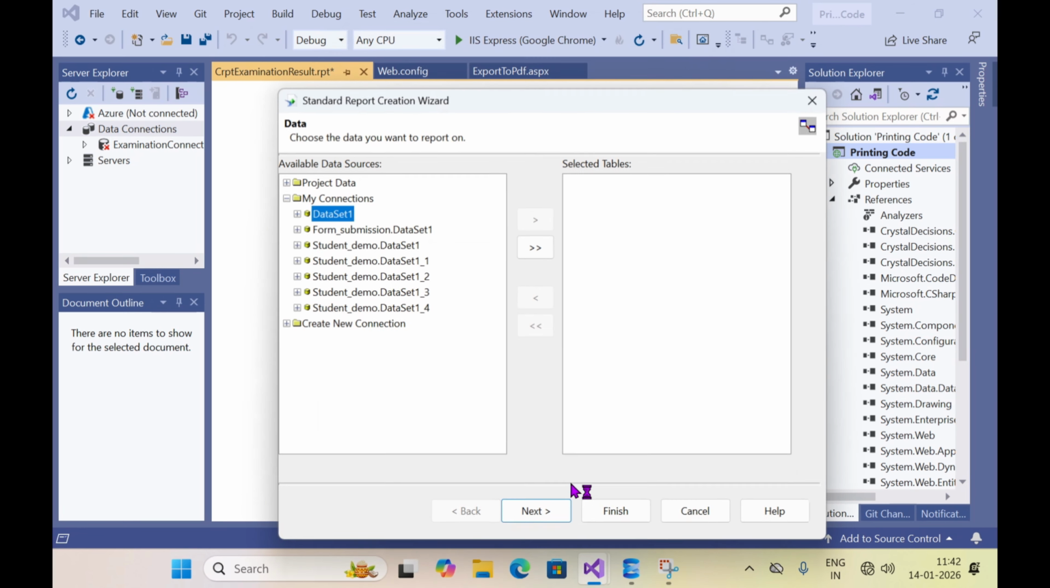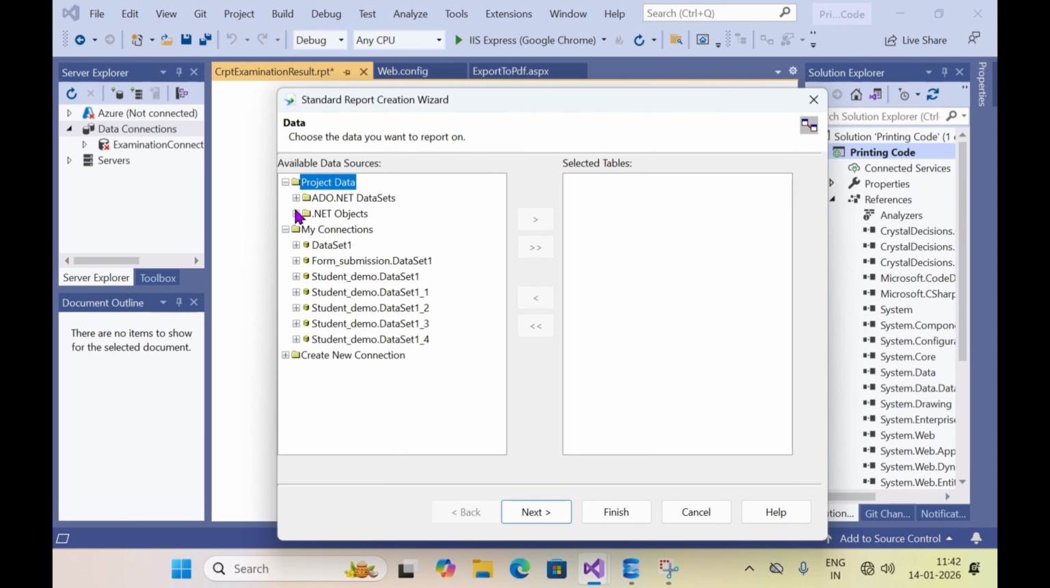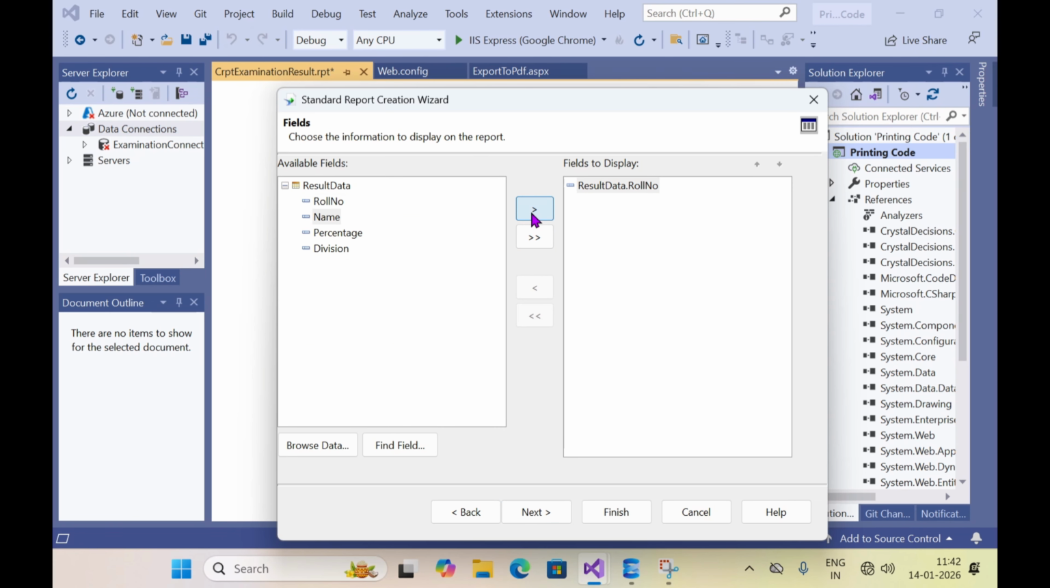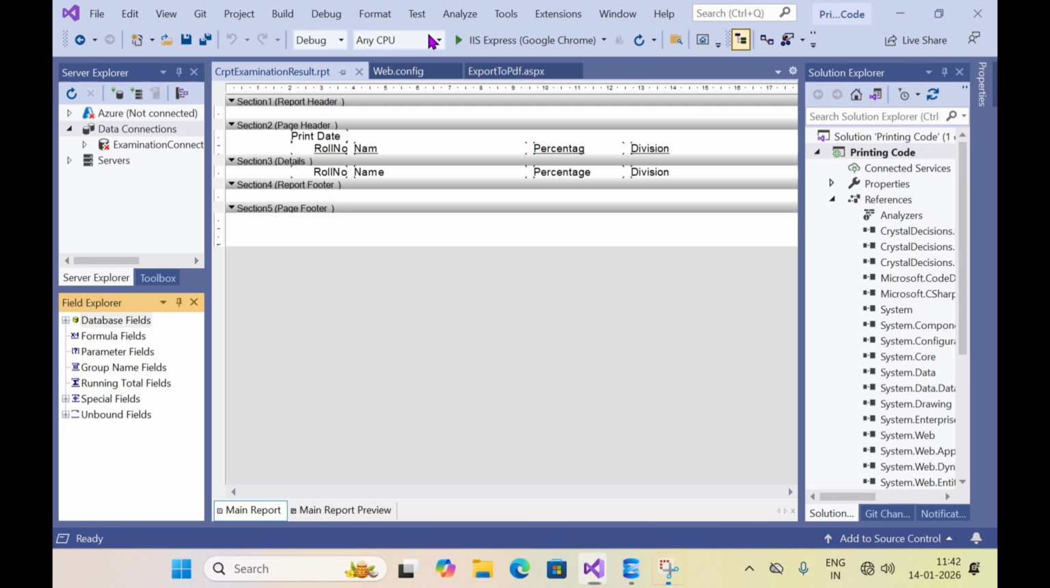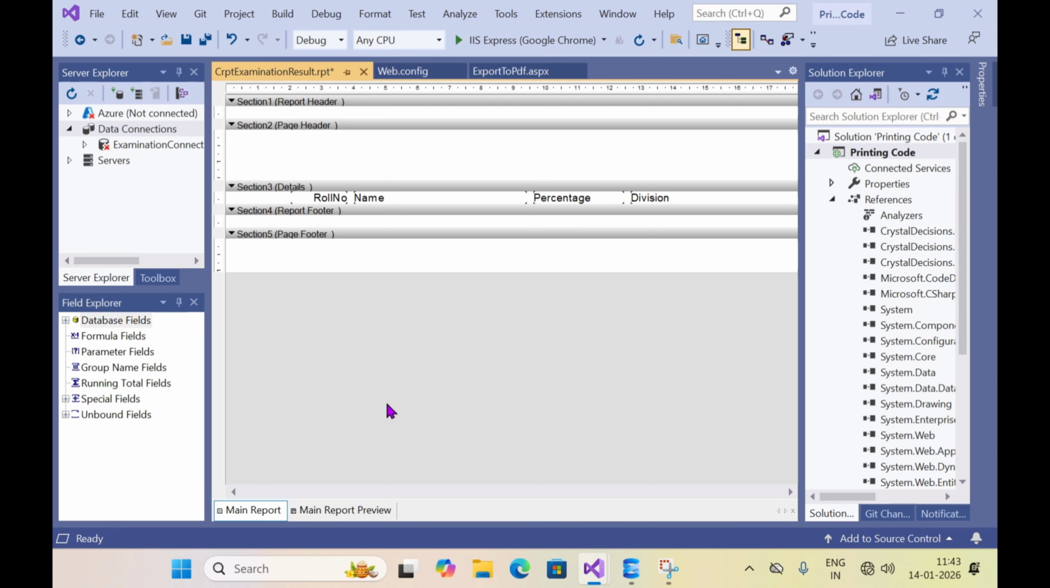After this, click OK, then click on project data, ADO.NET data set, then click the table, then click on this arrow, then next, then select the fields you want to display. So I selected all, next, next, next, then finish. Now let's design the crystal report. So remove all these labels from the page header, and I will expand the page header